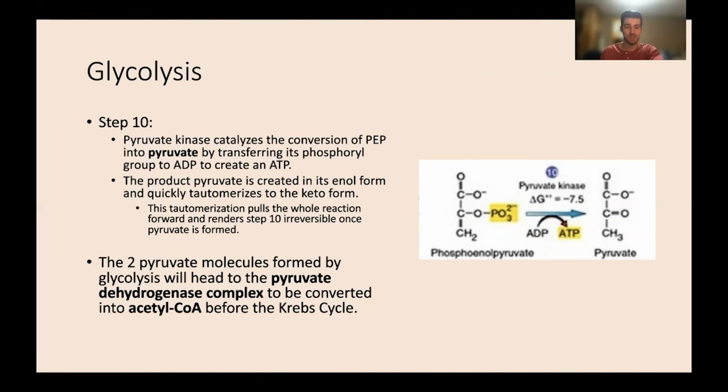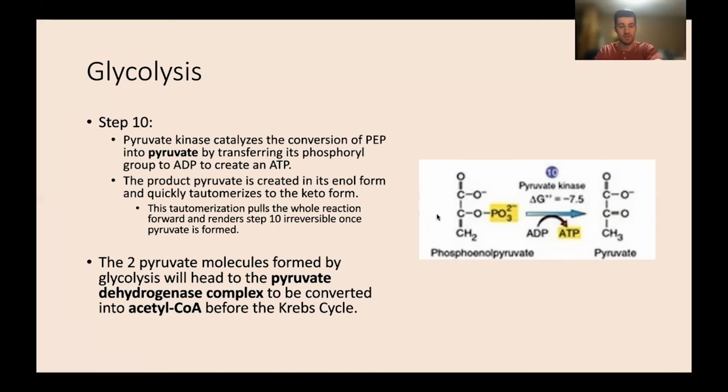So this tautomerization pulls the entire reaction forward and renders step 10 irreversible once pyruvate is formed. So this is not an equilibrium reaction. It's going to be completely pulled over to pyruvate. So the 2 pyruvate molecules formed by glycolysis will head to the pyruvate dehydrogenase complex to be converted into acetyl-CoA